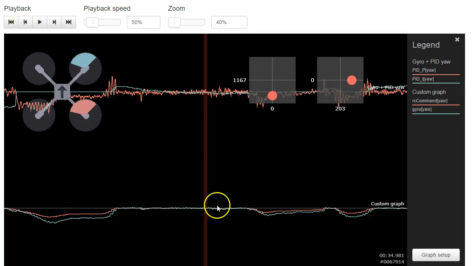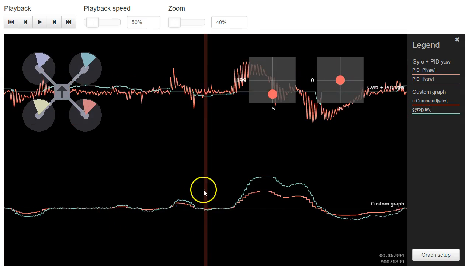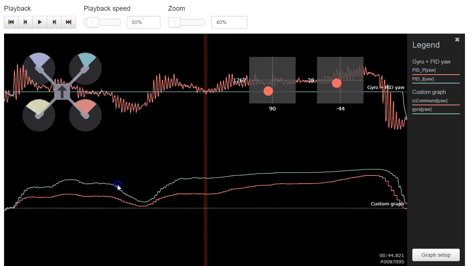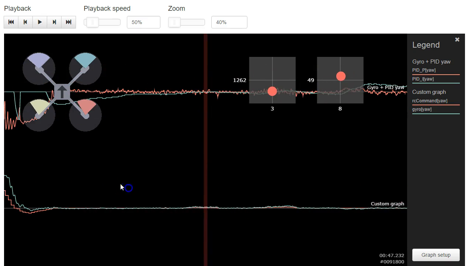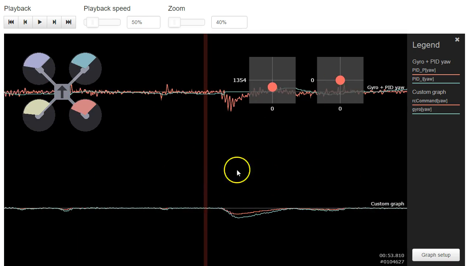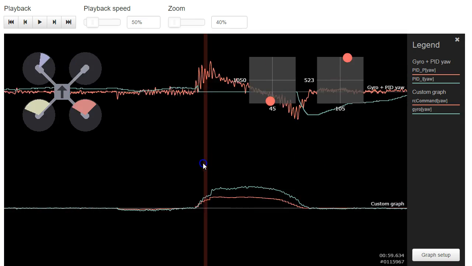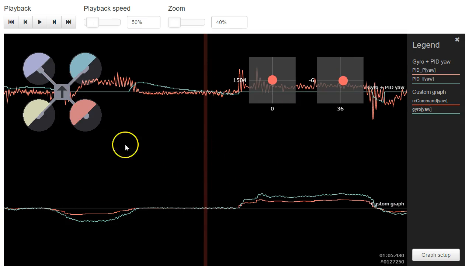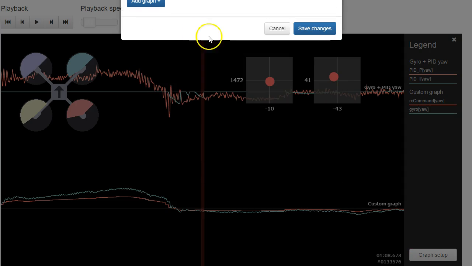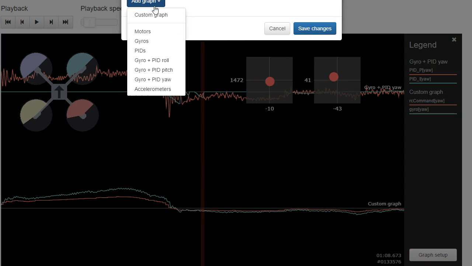Not perfectly, but pretty close. It doesn't look like there's a lot of uncommanded wobbles or anything. So your yaw axis looks okay, and your P on yaw looks fantastic. Your P on yaw has almost none of the high frequency noise or anything that I might expect. Your yaw axis really looks quite good. So since you gave me your pitch and your roll P and D gains, let's take a